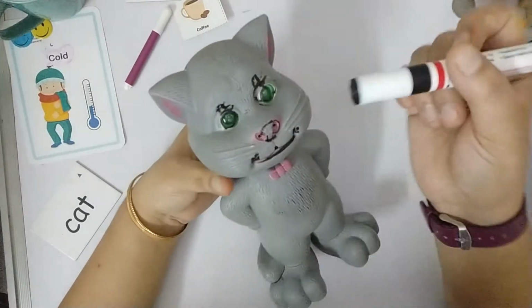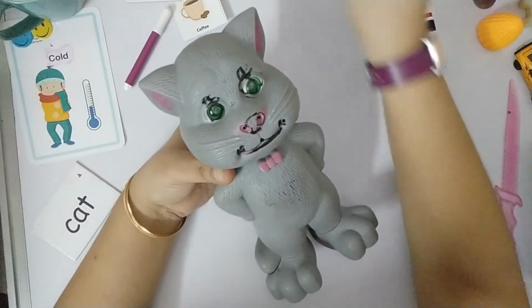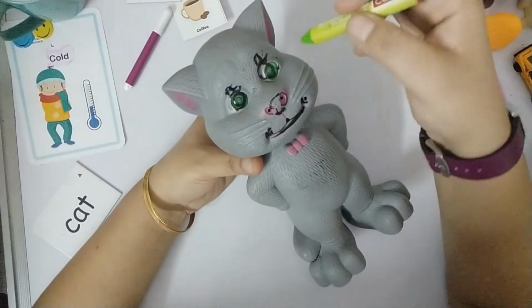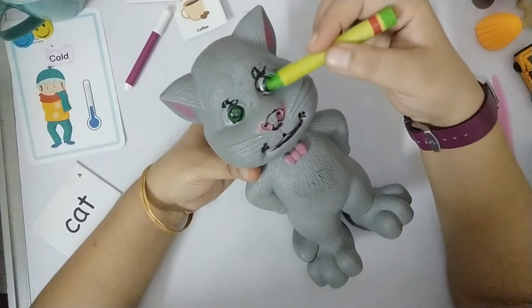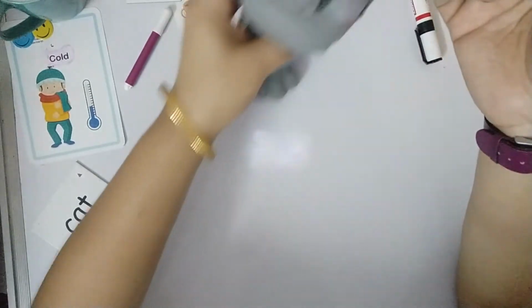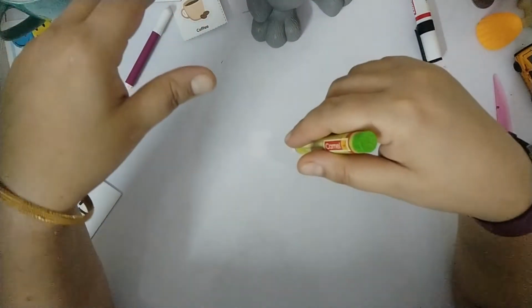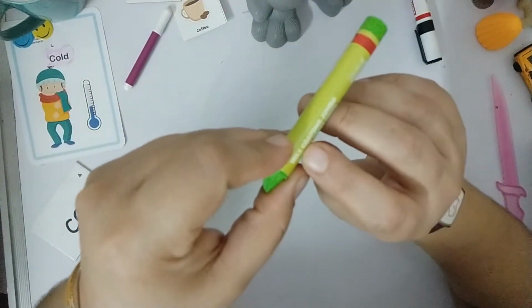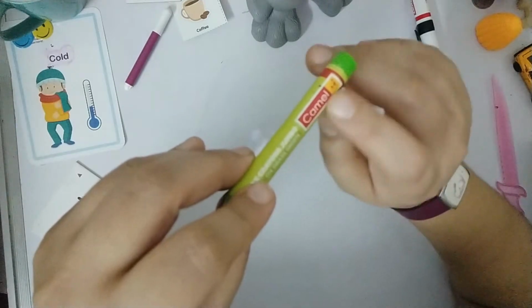So now you can further add on in this, like okay, now let's do some coloring in this cat. So let's make the eyes of this cat green, so that they will take interest in whatever you are teaching. Okay, before doing these colors, you can draw some cat and make them color, so that they will be interested in that.